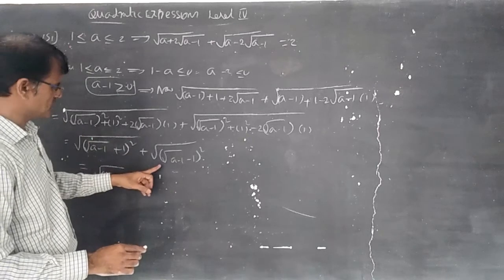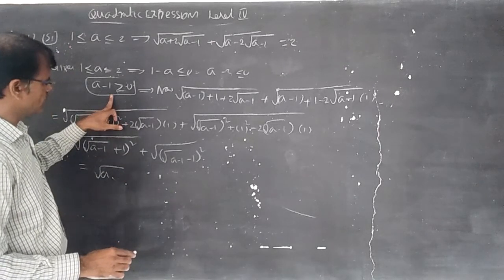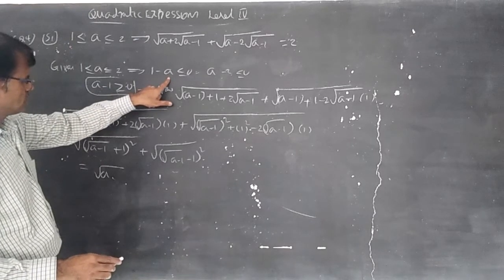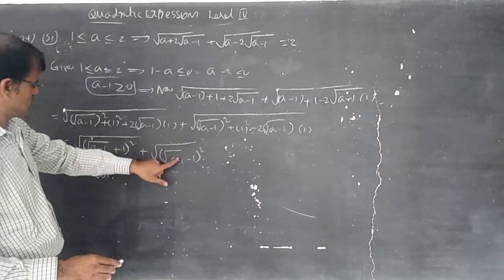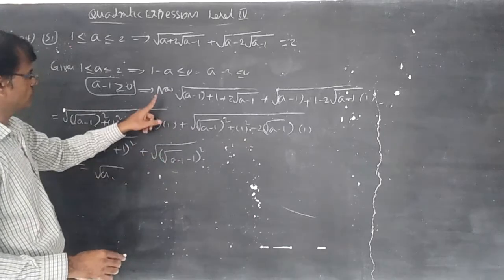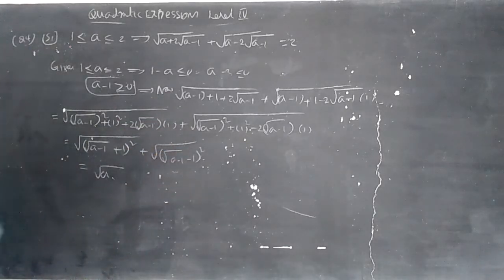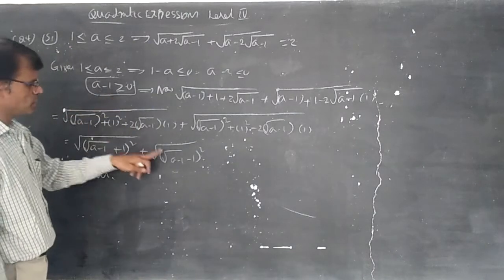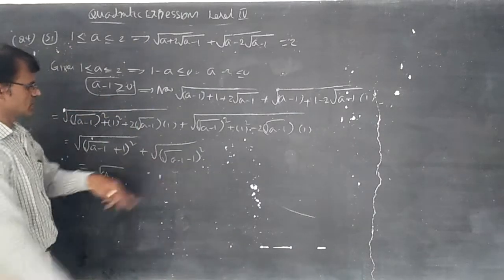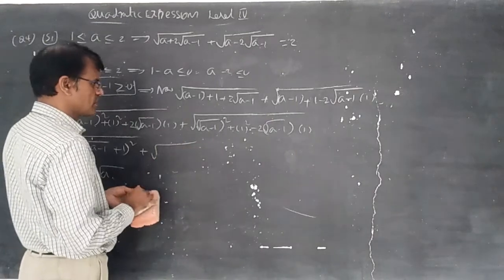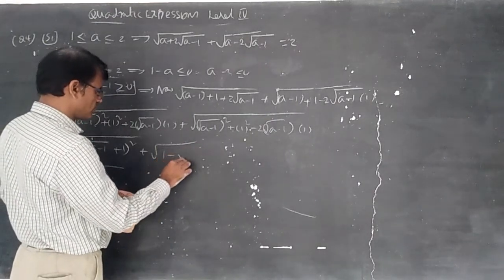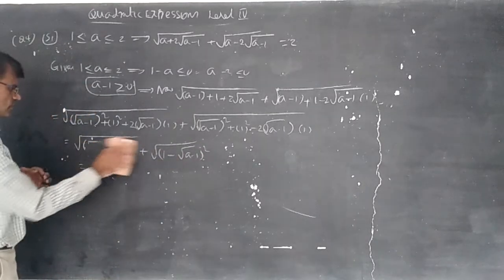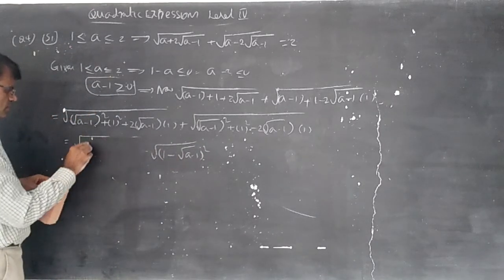Here it is minus. So a minus 1 greater than 0, and 1 minus a less than 0. It's okay, 1 minus a less than 0. So it is 1 plus root of a minus 1 greater than 0. What about a minus 1 being 0 minus 1? It becomes negative, and a negative root is not there. So you should write it like this, 1 minus root of a minus 1. It is okay. Okay, 1 plus root of a minus 1 we can take.